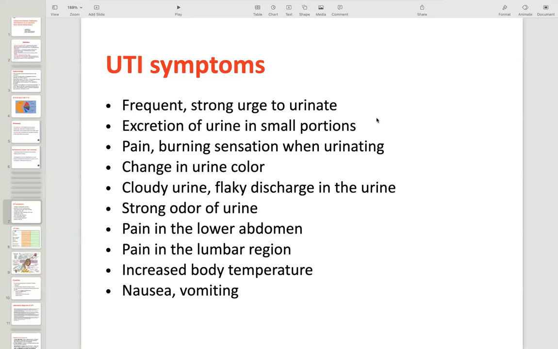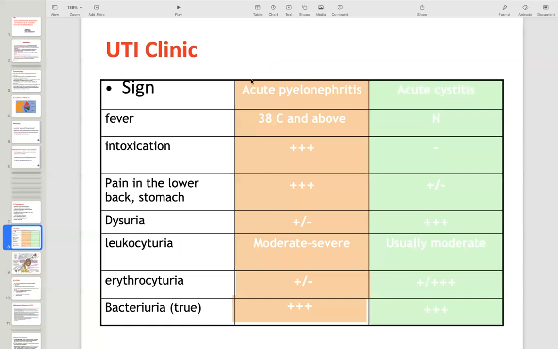So the UTI symptoms are frequent, strong urge to urinate, excretion of urine in small portions, pain, burning sensation when urinating, change in urine color, cloudy urine, flaky discharge in the urine, strong odor of urine, pain in the lower abdomen, pain in the lumbar region, increased body temperature, nausea, vomiting. Here is the differentiation between acute pyelonephritis and acute